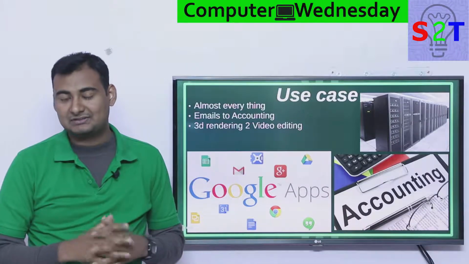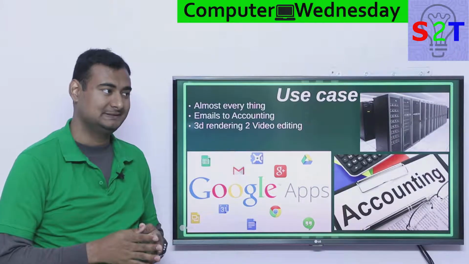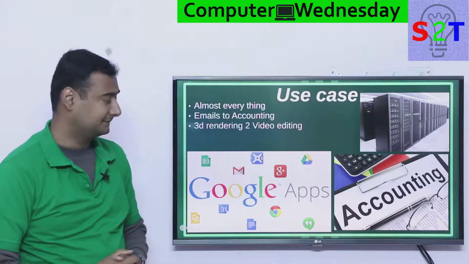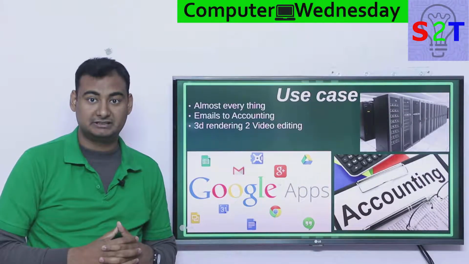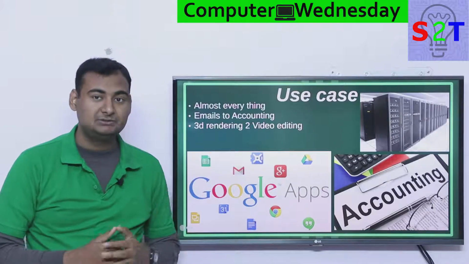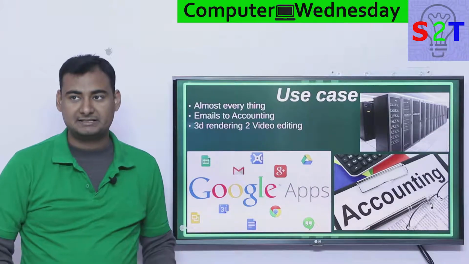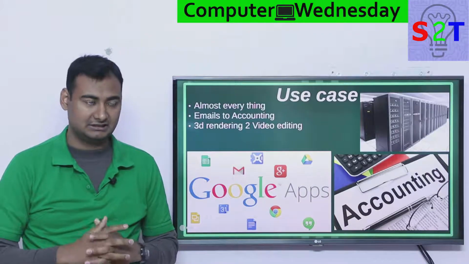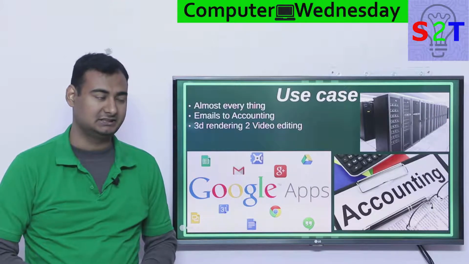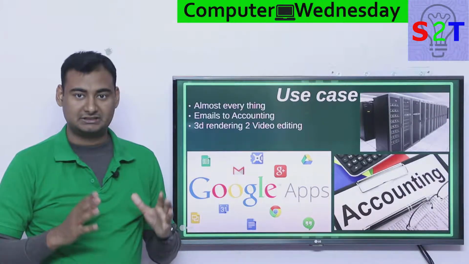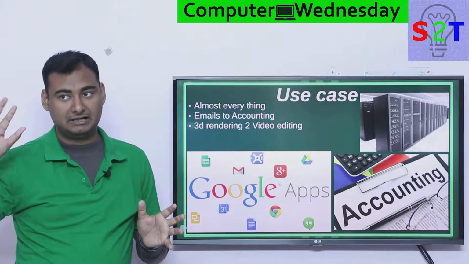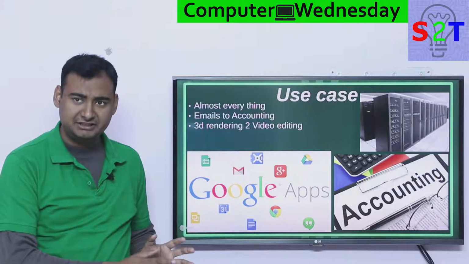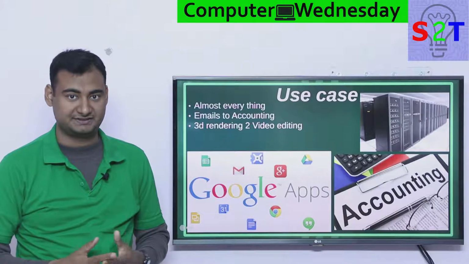For the simplest example, I could ask you to see how Linus Tech Tips does it, because your YouTube also allows you to do video editing, but it's a very low-end kind of thing. But if you want to do 4K or 8K video editing on the cloud, we can only do it in a local network right now. There are some places which have very high bandwidth, low latency optical connections. They can do it, but almost everywhere else you cannot do it practically. So I would urge you to watch that Linus video where they show how they're using a server and having that server doing the number crunching, basically doing the heavy lifting, so video editors can work with much more efficiency.